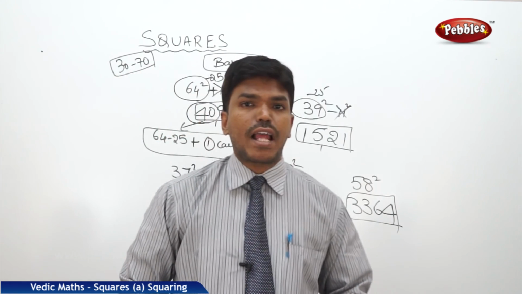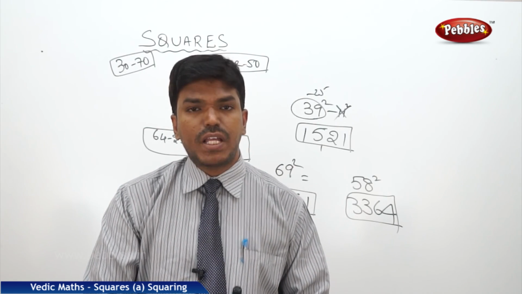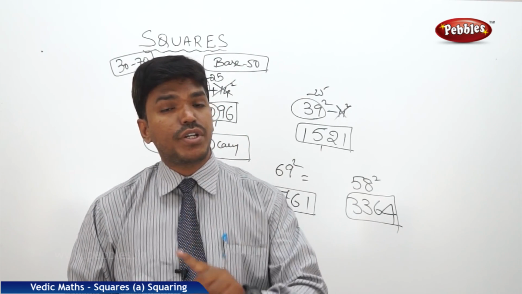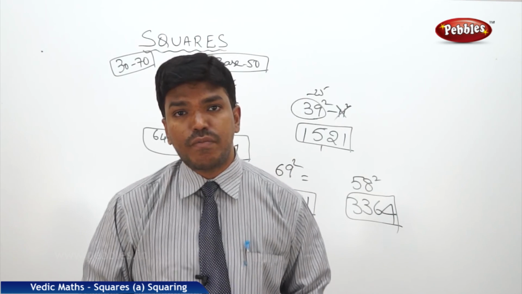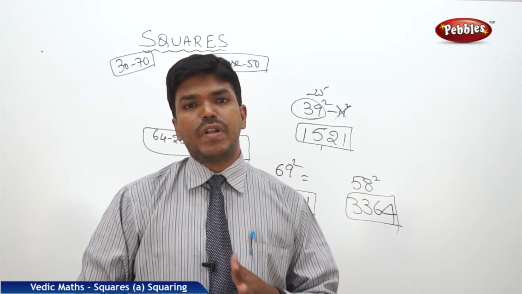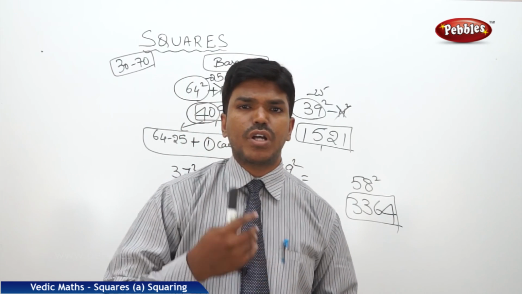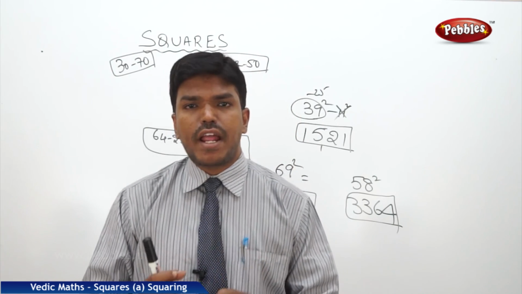Like this, you can calculate squares from 30 to 70 with the help of base 50. But from 70 to 130, we have to take the help of base 100. Okay. Now we will extend this topic. How to find out the squares which are nearer to the base 10, 100,